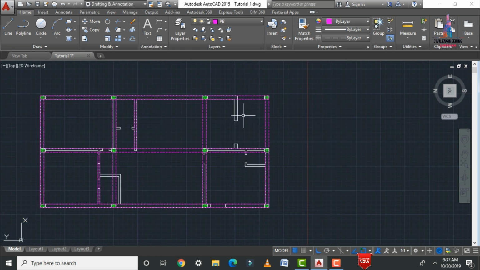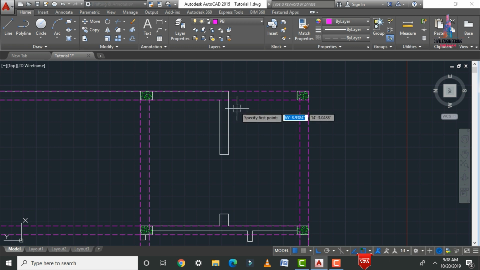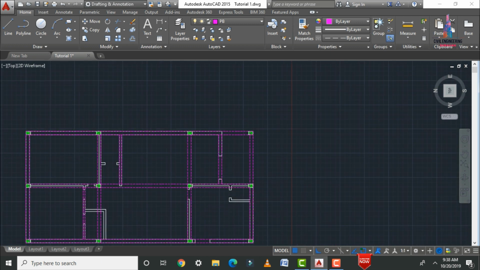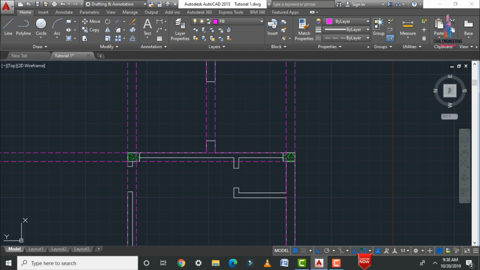Okay, so after that we have to apply the offset for this respective front facing direction also. So here for this respective wall it is consisting of 9 inches, so that's why we need to apply the offset for the 9 inches section. So here I am selecting the 9 inches section offset, select the line here, select this respective point. Again in the same process we need to apply the line. So click on offset option 5 inches. Let us consider, select this point, select this respective point.